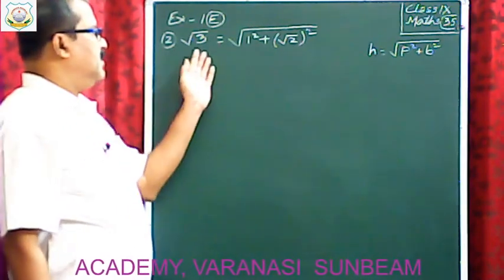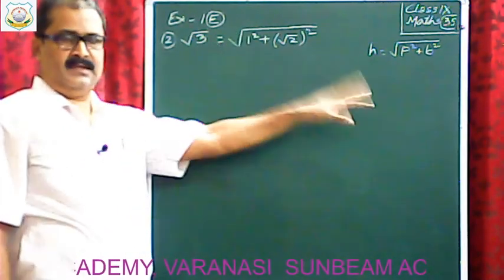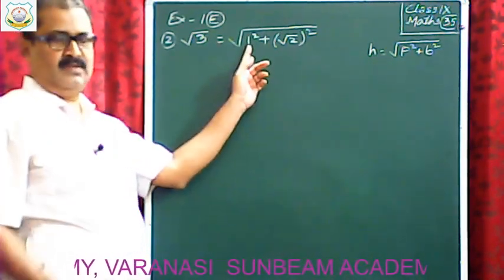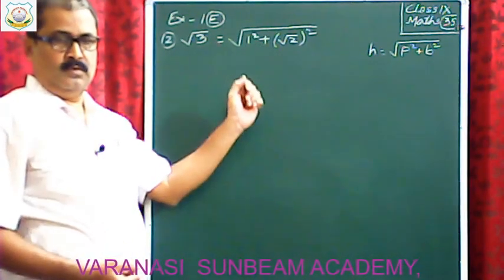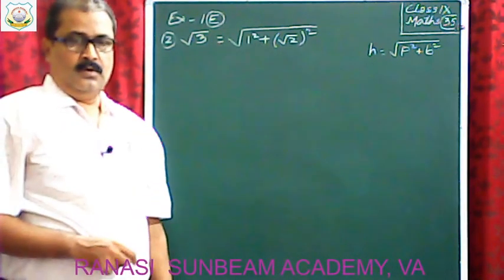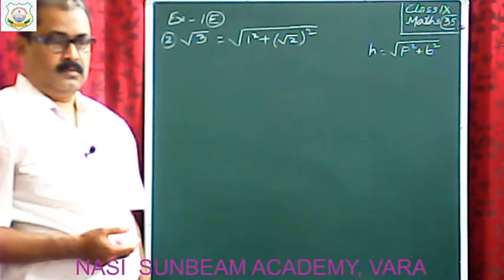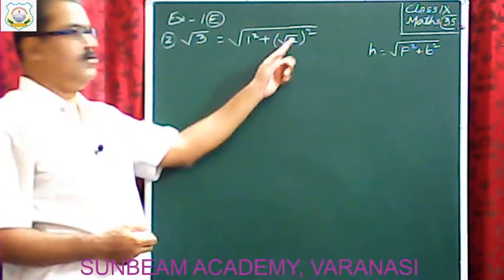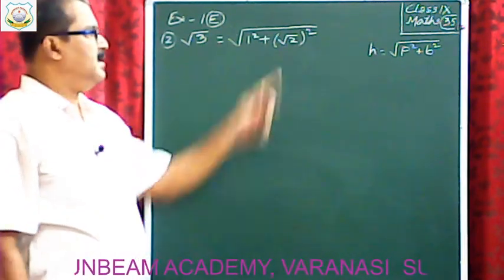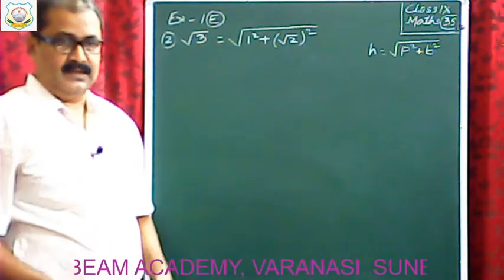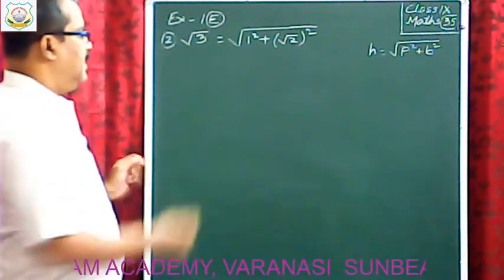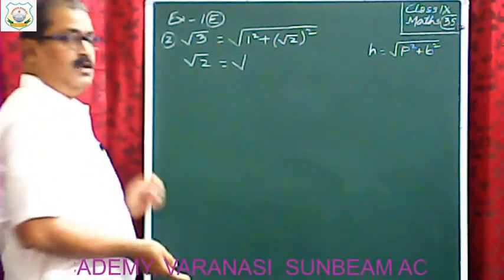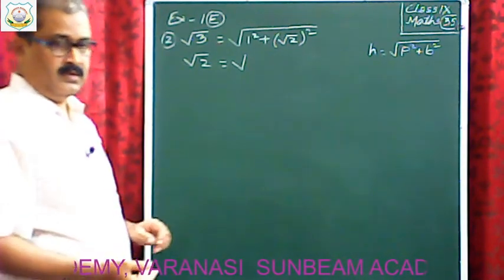We have to express the given irrational number anyhow as the square root of p square plus b square. 1 square I have taken, 1 square means 1. We require plus 2, so you have to think about whose square is 2. 2 is not a perfect square number, so we write square root 2 whole square is 2. But on the number line we cannot get square root 2 directly. So again you have to do the same process and express square root 2 on the number line, and then proceed for square root 3.